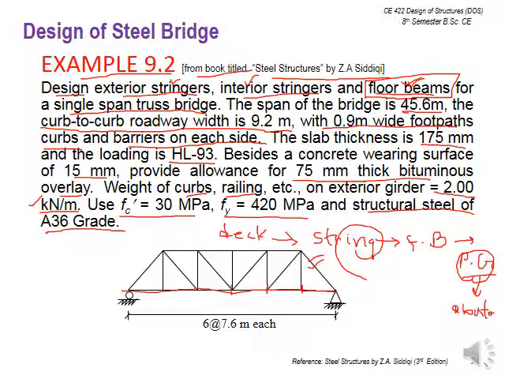Okay, so here it is given that your panel points for the truss are 6 at 7.6 meter each. So if you are going to draw it laterally, then here the floor beams are resting and we are designing it as a plate girder. Similarly, you have to suppose that your floor beams are spanning inside the plate girder at 7.6 meter distance or space. Okay, so the spacing between the floor beams will be 7.6 meter.